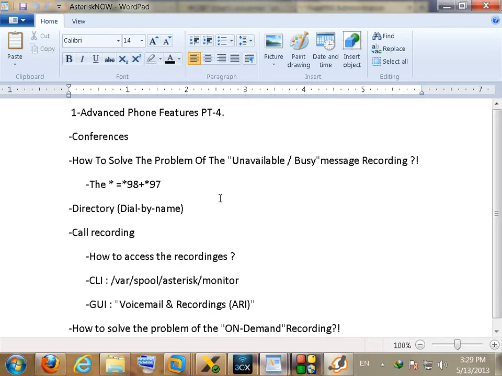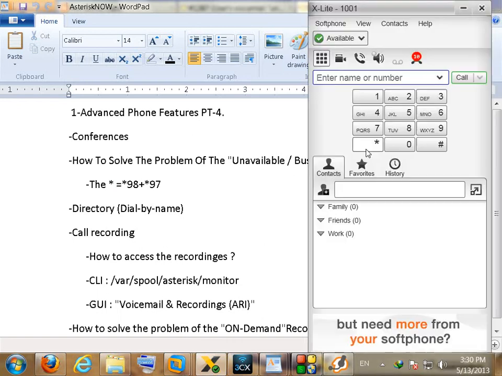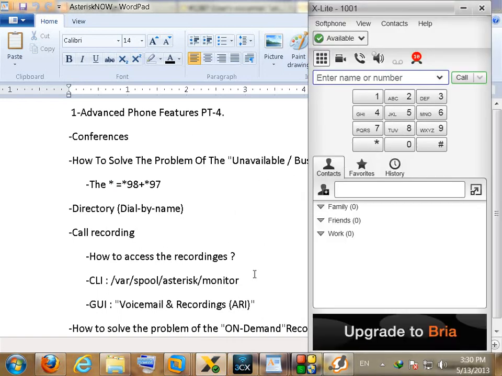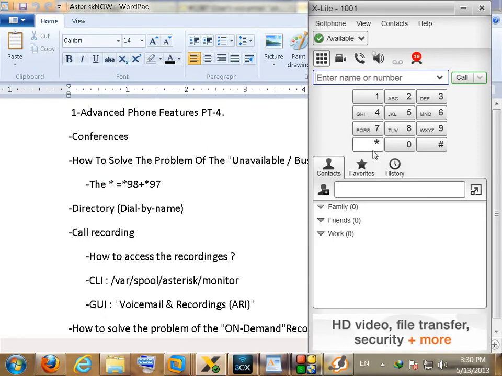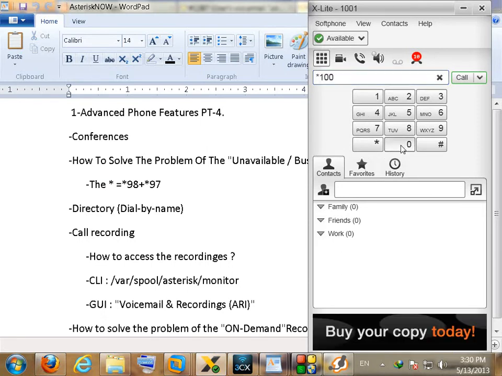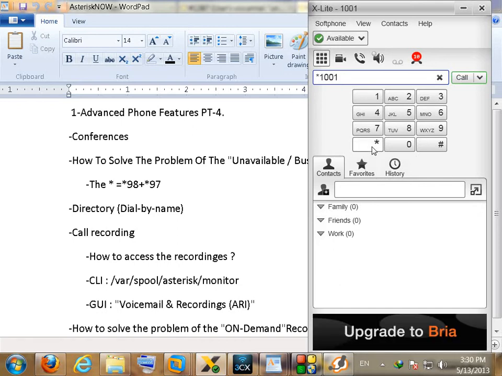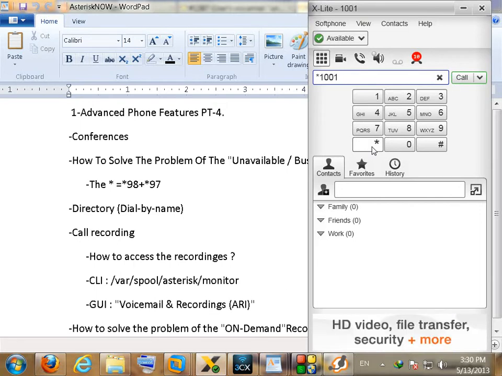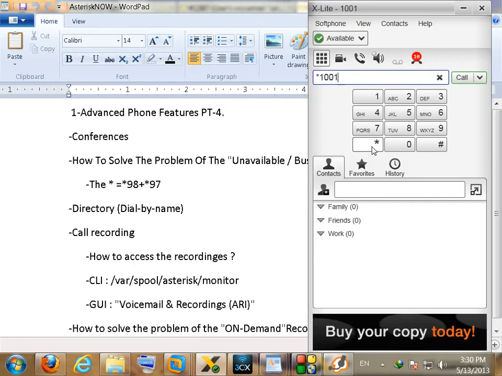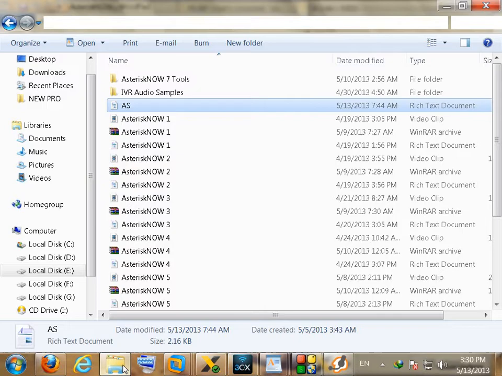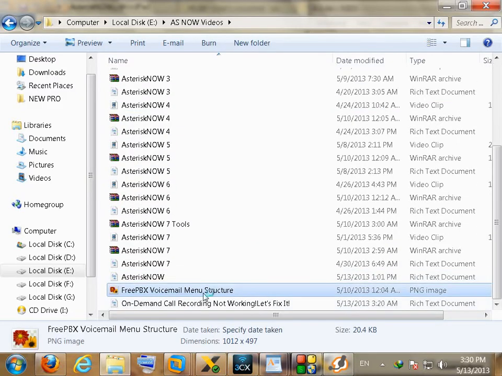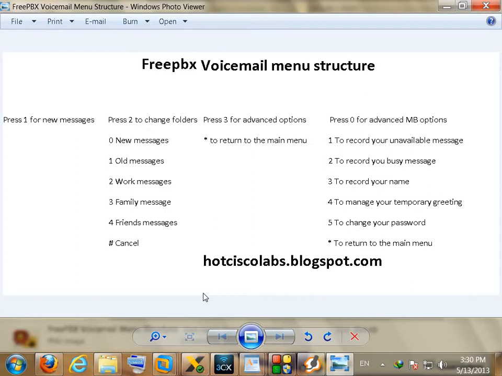Okay, and now you can do this simply by interrupting the menu that you will receive. Maybe I want to access the voicemail of my extension here, extension 1001. So I will dial asterisk followed by the extension that I want to access its voicemail like this, and you can hit call, and you will receive a menu. You need to interrupt this menu by pressing asterisk, and at this moment it will ask you about the password to log into the voicemail like this, and after a successful authentication, you will receive the default standard